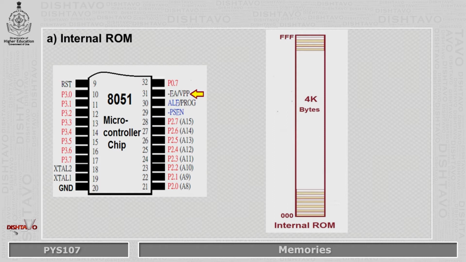The code bytes can also be fetched exclusively from an external memory address from 0000H to FFFFH by connecting the external access EA pin, that is pin 31 of the chip, to ground. The program counter does not care where the code is. Therefore, the circuit designer should decide whether the code is found in internal memory, totally in external memory, or a combination of both.